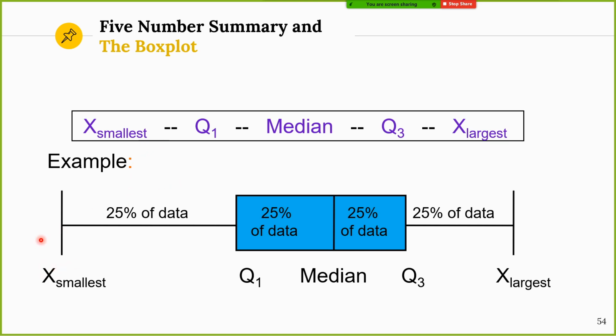Okay, you have the smallest, Q1, median, Q3, and the largest. Then you can create the box plot easily. You have the smallest, you create this one. You have Q1, create this one. The median, you create this one. Q3, you create this one, and you can create the box from Q1 to Q3. Then from Q3 to the largest, you create a line. It's very simple. You can create the box plot by using the numbers: smallest, Q1, median, Q3, and the largest. Do you have any question? If you don't have any question, then you can continue.